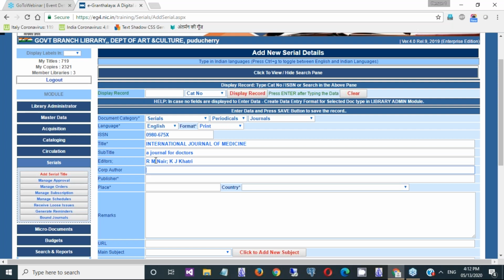If a corporate author is there, you can enter the name of the corporate author as per cataloging standards, whatever cataloging code you are following in your library. The journal is honored by this hospital.